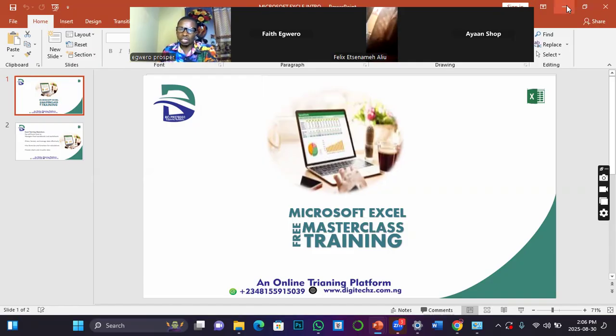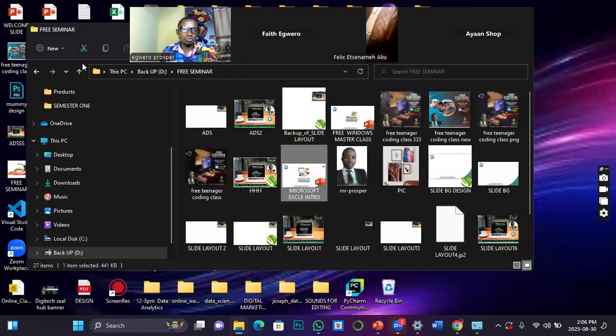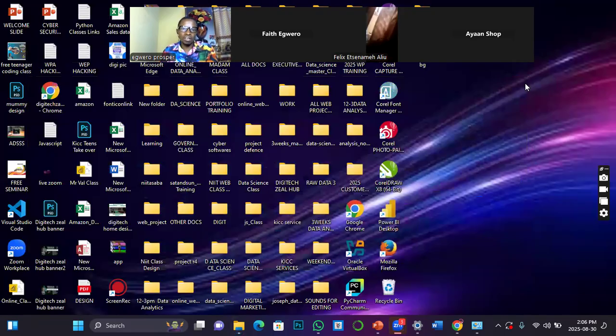So let's quickly dive into how to access Microsoft Excel on my system. While I was teaching us the window, I explained how you can manage program icons. Now, one of the fastest ways you can access Microsoft Excel once it has been installed in your system is to program an icon on the user interface.